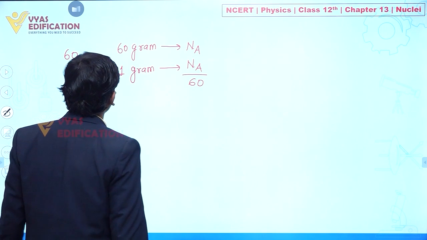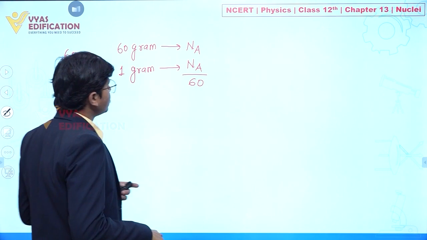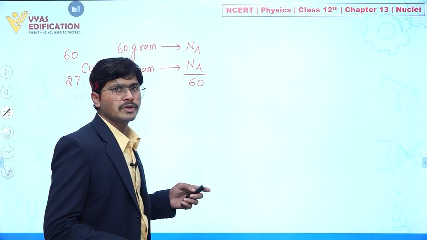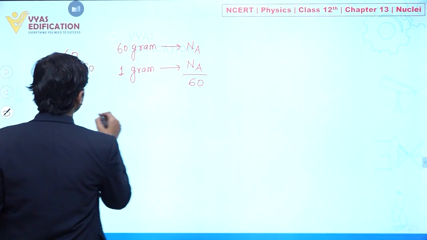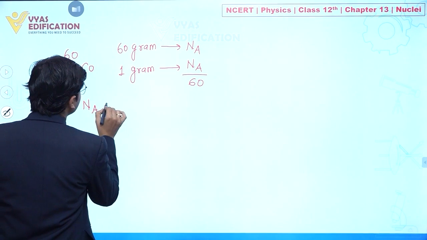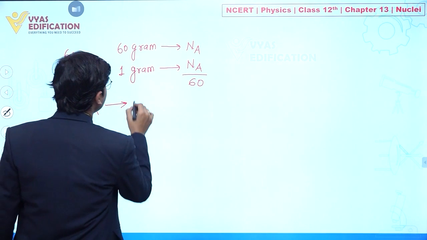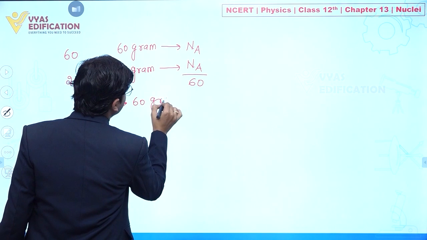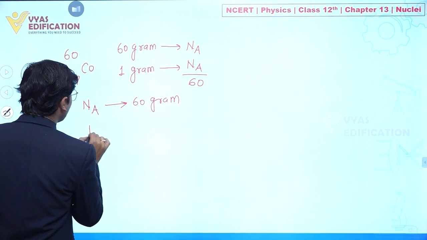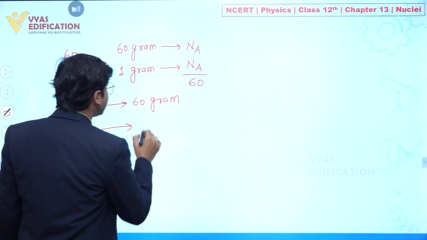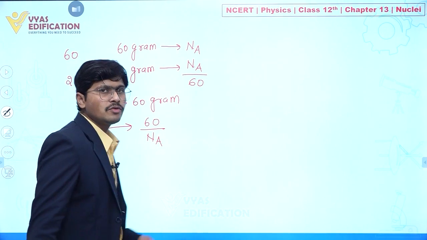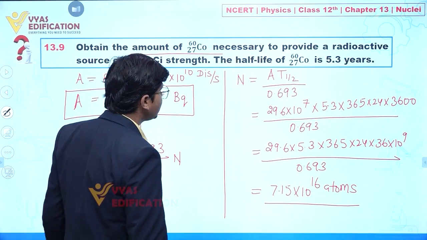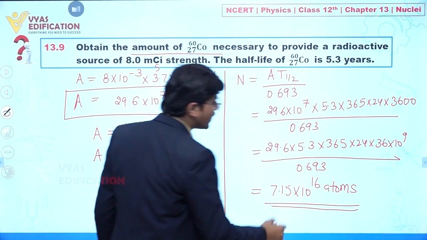Now we have to find the total mass. So can we write it like this? Let's suppose we have a total of Na number of atoms, then we have a total mass of 60 gram. So when we have only one atom, this is equal to 60 divided by Na. Now you have the calculation, and the total number of atoms present